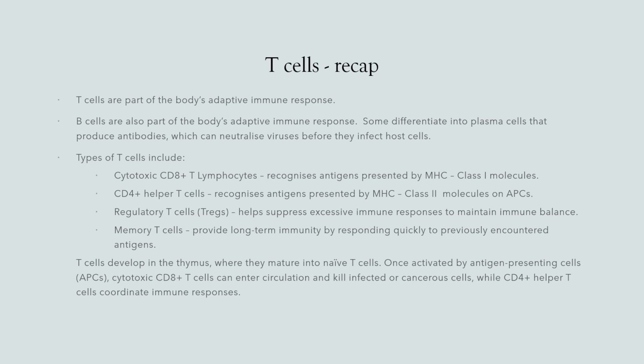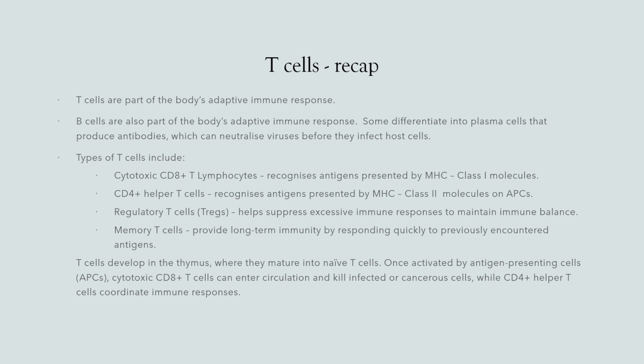Then we've got regulatory T cells, which help suppress excessive immune response and maintain immune balance, so that we don't get overactivity and T cells attacking healthy cells. And then we have memory T cells, which provide long-term immunity by responding quickly to previously encountered